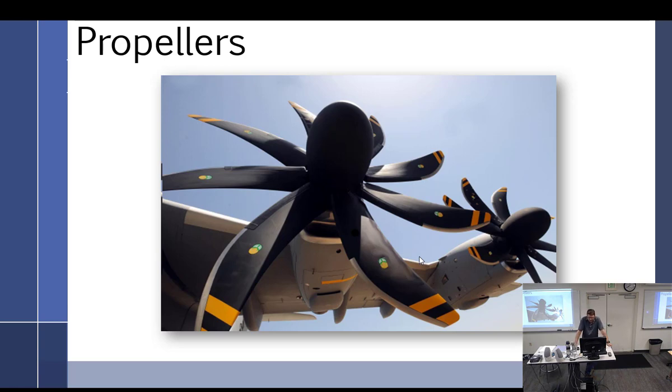"It was apparent that a propeller was simply an aeroplane traveling in a spiral course. As we could calculate the effect of an airplane traveling in a straight course, why should we not be able to calculate the effect of one traveling in a spiral course? At first glance, this does not appear difficult, but on further consideration, it's hard to even find a point from which to make a start." So what he's saying, it's just a wing going in a circle. And he's right. But he said, at first glance, it does not appear difficult, but on further consideration, hard to even find a point at which to make a start.